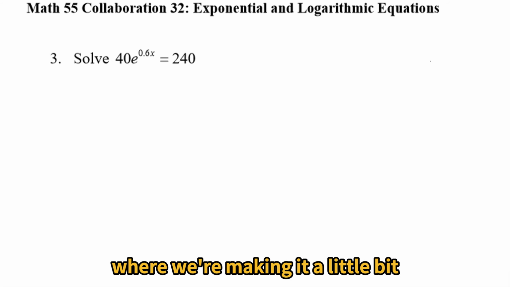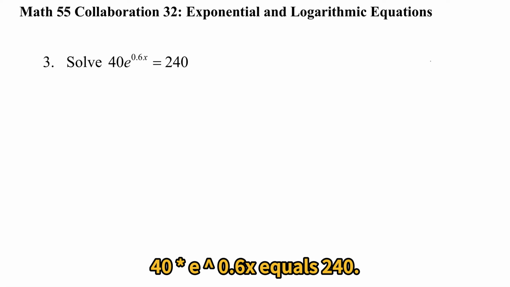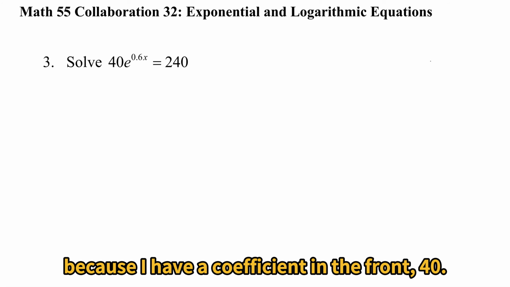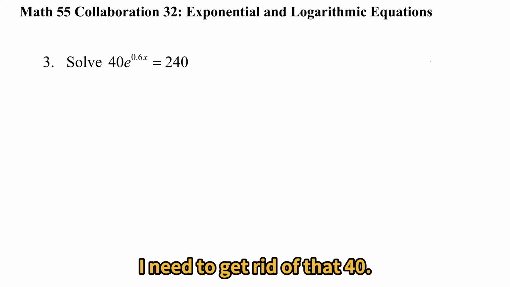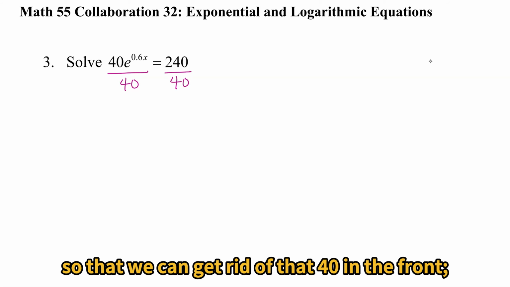Let's look at another example where we're making it a little bit more complicated here. Looking at our next equation, 40 times e to the power 0.6x equals 240. I do not get to apply the log right away because I have a coefficient in the front, 40. I need to get rid of that 40. Let's start out with dividing both sides by 40